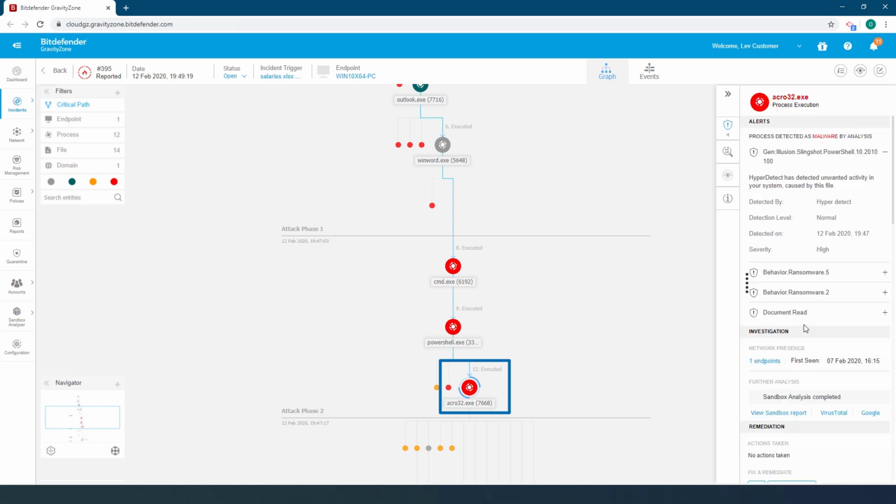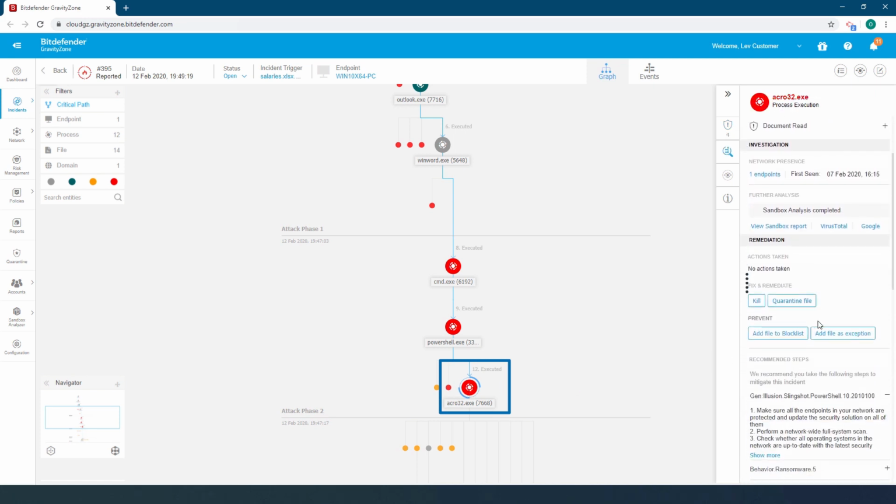On the visualization graph, we click on the ransomware process, and we see that in the right pane, we have a remediation section. In this remediation section, we see several actions that can be taken on the ransomware process. We can kill the process, or we can quarantine the file. We can also add the file to a block list in order to prevent the spread of the ransomware within